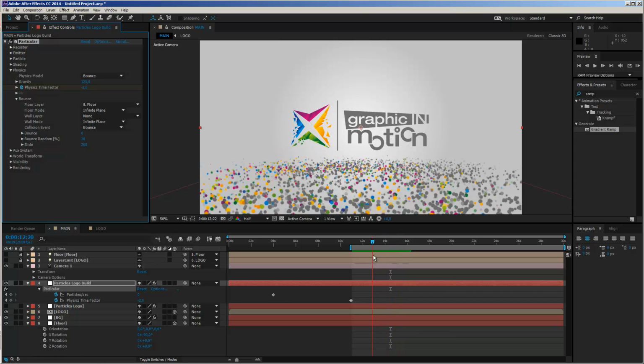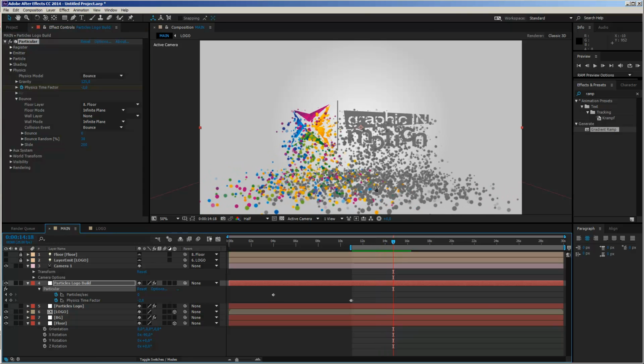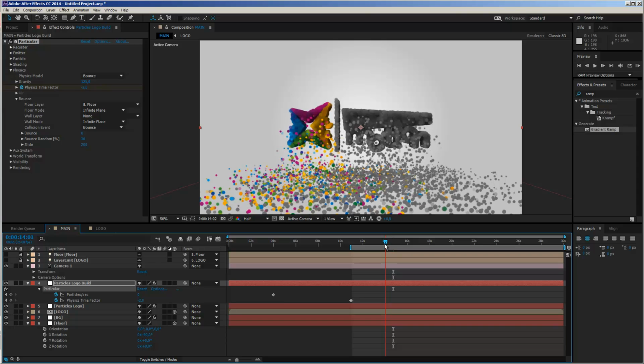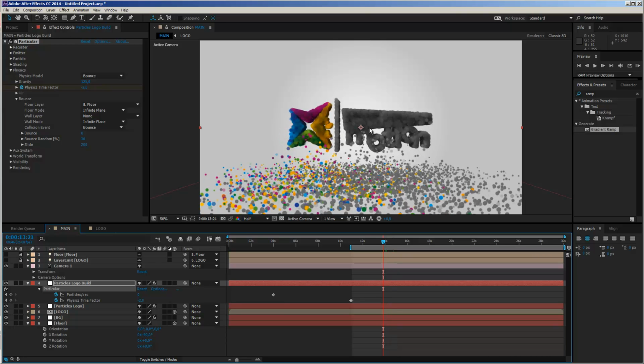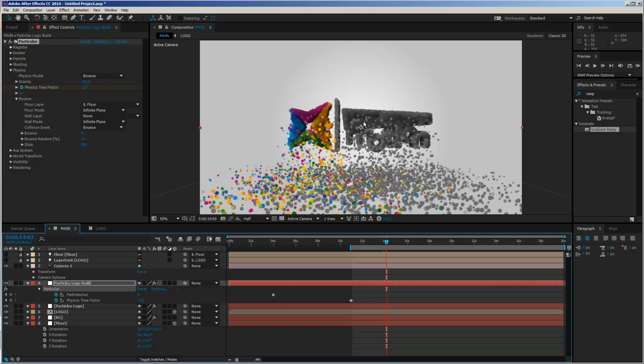So what do we want to do now? Now we want to build up our 3D representation of our logo that we created before, and we want to just time this. So let's enable it. Let's make it visible. And you see now already we have this really huge blob of particles here. And of course, I want this to start building up at the same moment when our particles here start to reach our logo. So I will just search for the frame where my particles start to reach the logo.